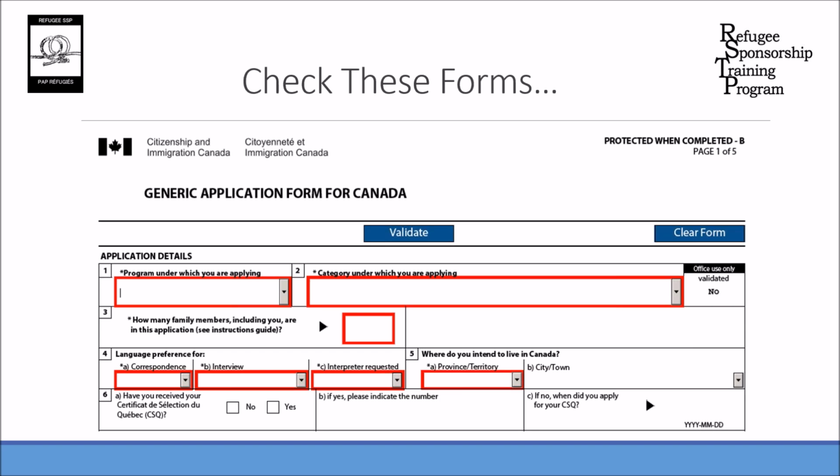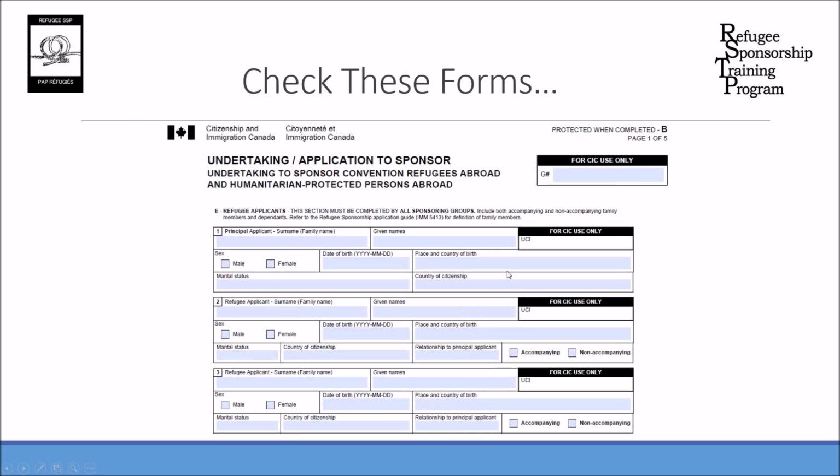If they are privately sponsored refugees or blended visa office referred refugees, please check to see if they were listed on the generic application form as well as the undertaking/application to sponsor. If a principal applicant's spouse or common law partner or dependent children under the age of 19 were listed on these forms as non-accompanying family members, then they would be eligible to come to Canada under the